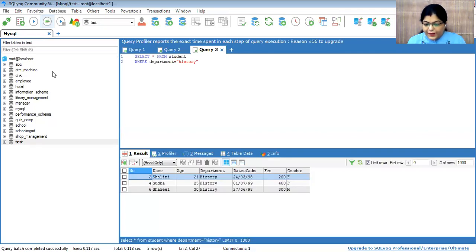After that I have to execute. Just see here, we have three rows: Shalini, Sudha, and Shakil, who are of the history department. Now just see the output. Okay, I am again showing you the table.